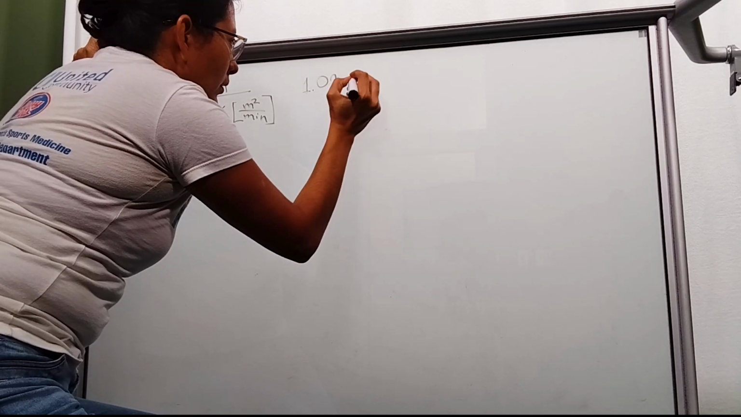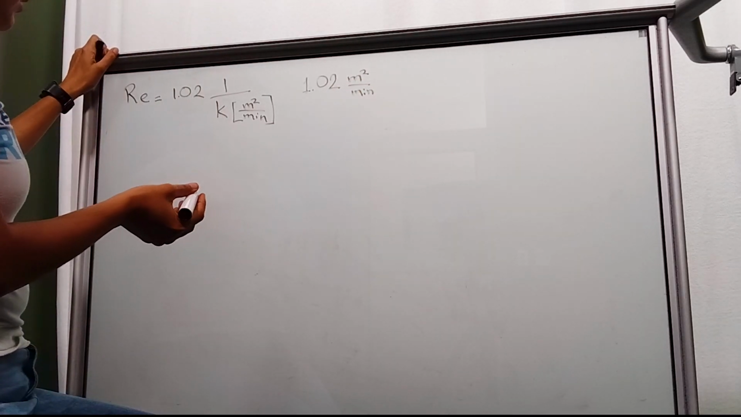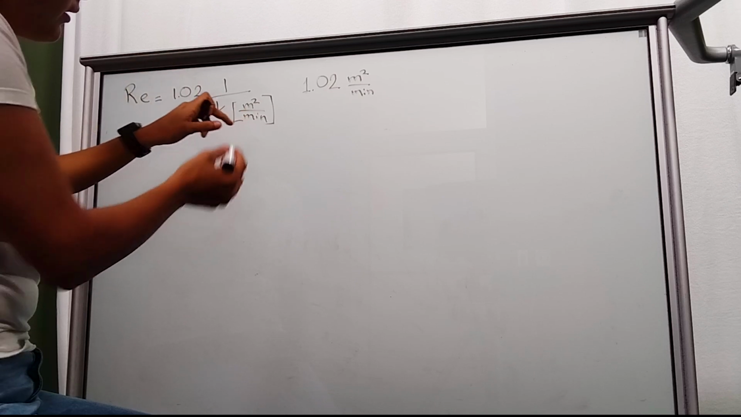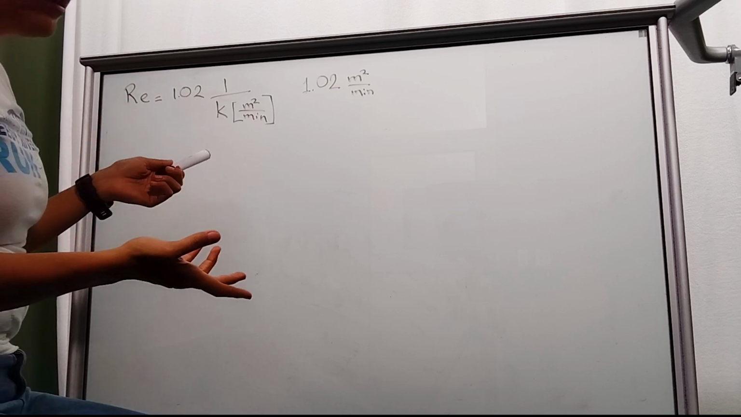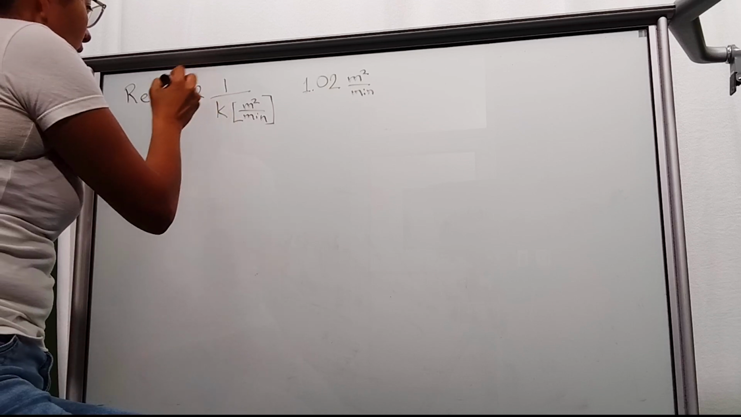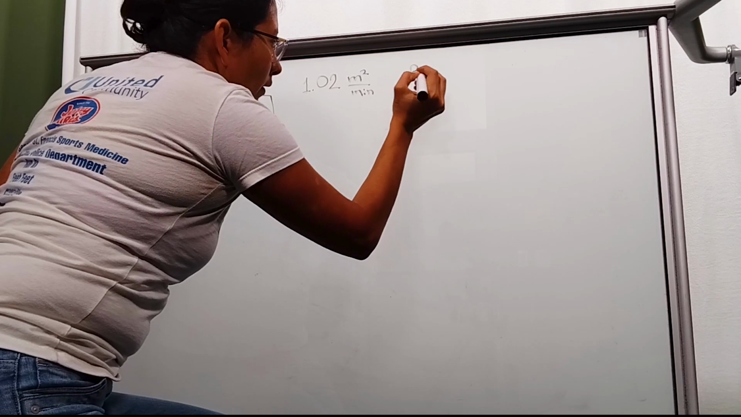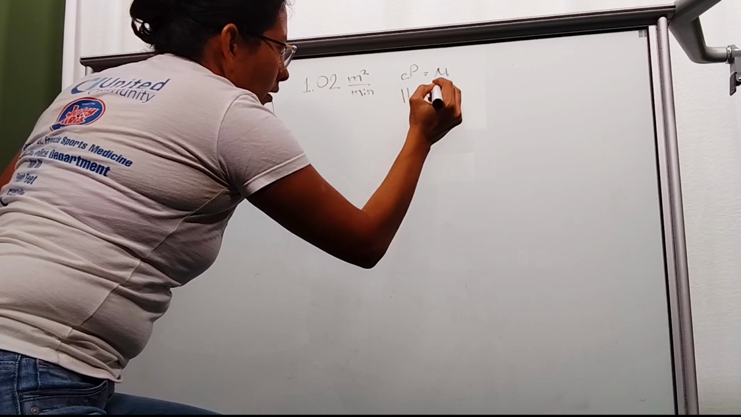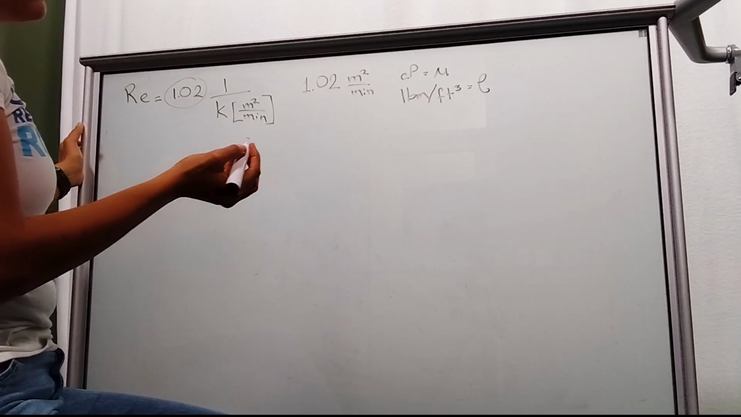will be square meters per minute, because if you have a square meters by minute here and a square meters by minute here, they will eliminate. So we will end with a Reynolds that doesn't have any units, which is the right answer. But now we need to convert this constant to use different units, which are centipoise for the viscosity and pounds per cubic feet for the density. So we need to remember that